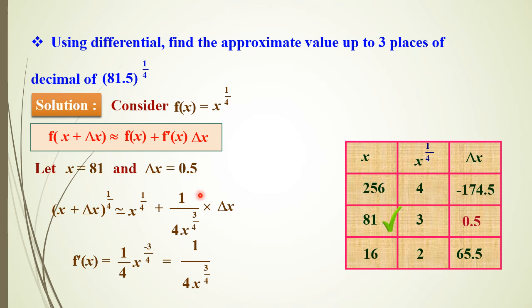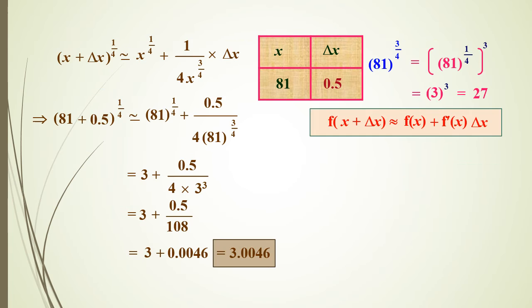power 1 by 4 whole raised to minus 1. So x to the power 1 by 4, its differentiation will be 1 by 4 into x to the power 1 by 4 minus 1. After finding its LCM, you will be getting x to the power minus 3 by 4. After taking it to the denominator side, you will be getting this much. And this delta x is carried forward to the next step as it is. Now x you know very well, delta x you know very well, substitute all the values and go on simplifying. Afterwards you will be getting the result